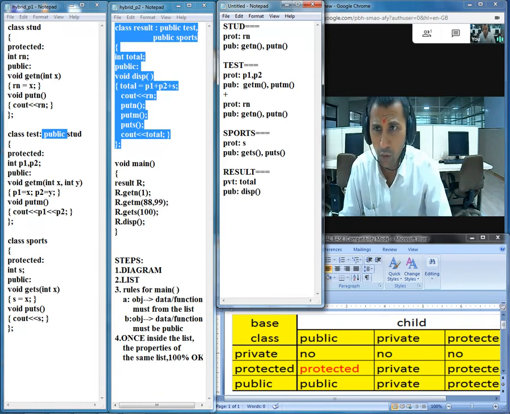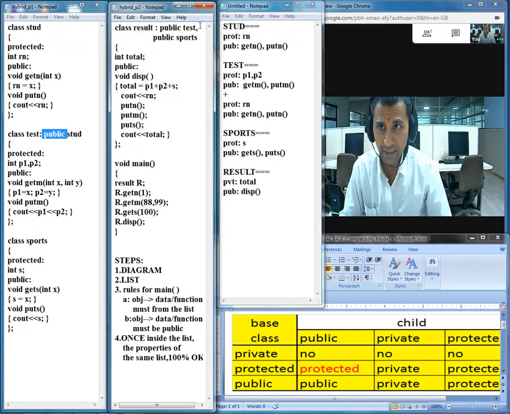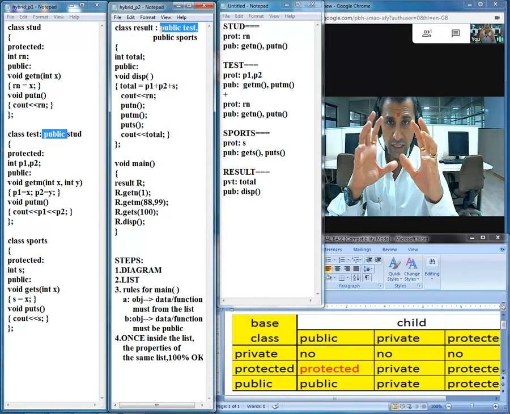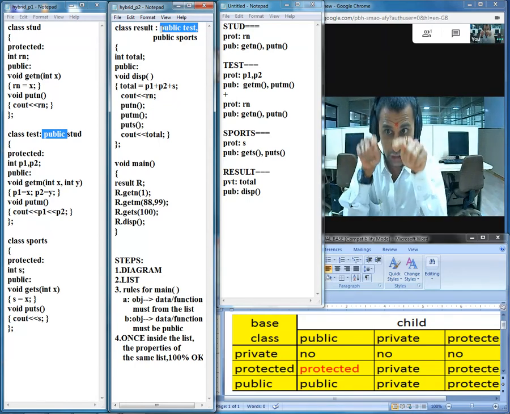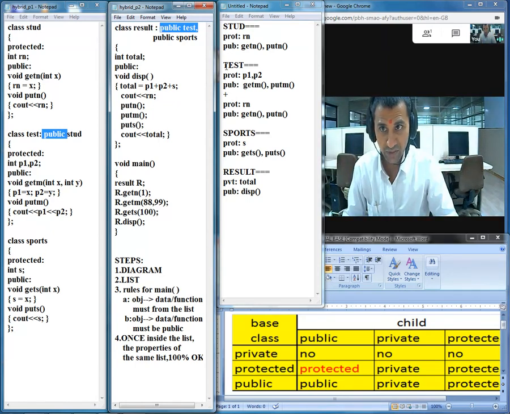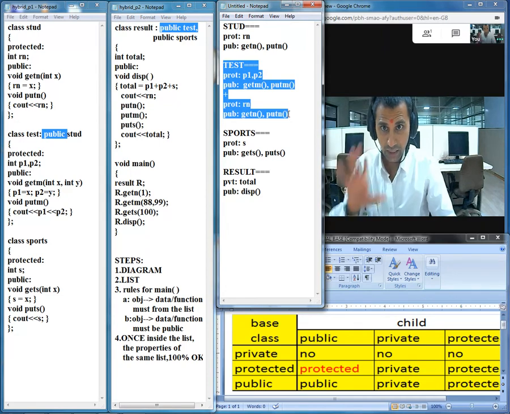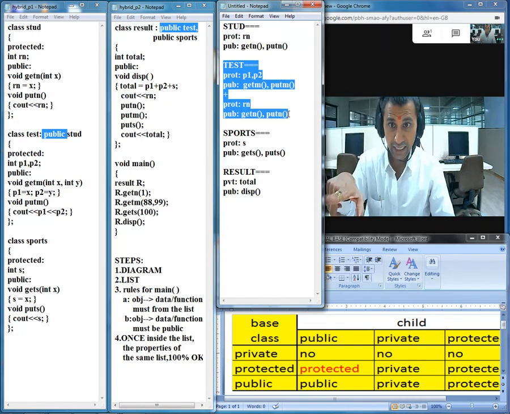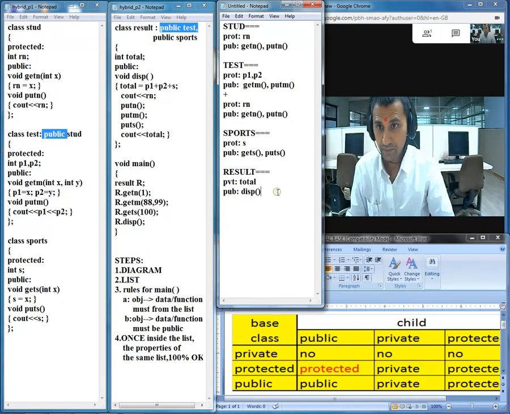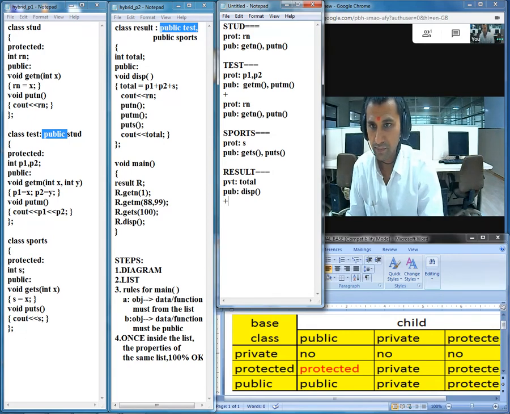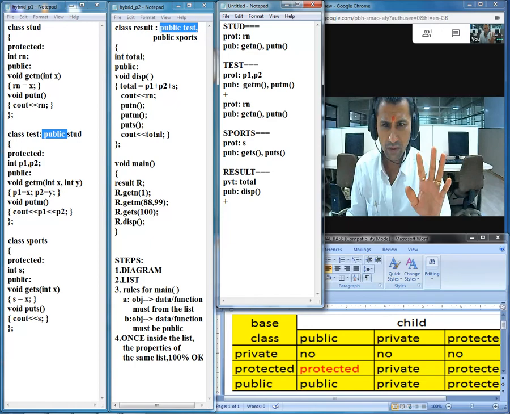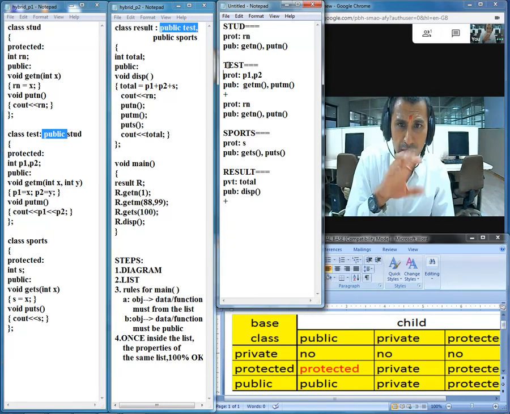Now, if you observe, it has one parent class called test. That means we are supposed to derive the entire list of the class test into result. We are talking about a whole bunch. Everything has to be added in the class result. But I advise you to go step by step in this manner. We have no issues, we have no hurry. Once again, base class, everyone, now don't differentiate the properties of class test.